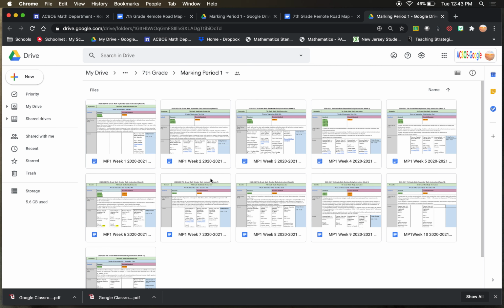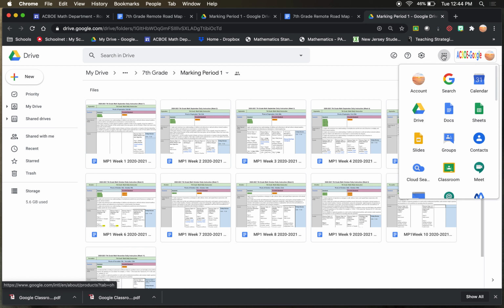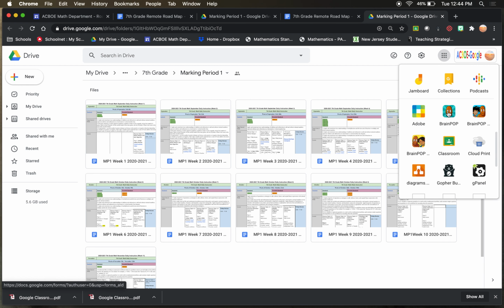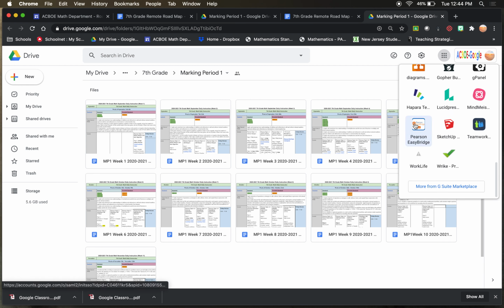Everyone, I'm going to do a quick video on how to access Pearson EasyBridge or SAVVAS. So first of all, when you get into your Google Drive, it's kind of having a hard time, so I'm going from this screen. But if you click on the waffle over here in the top right corner and scroll down to Pearson EasyBridge,